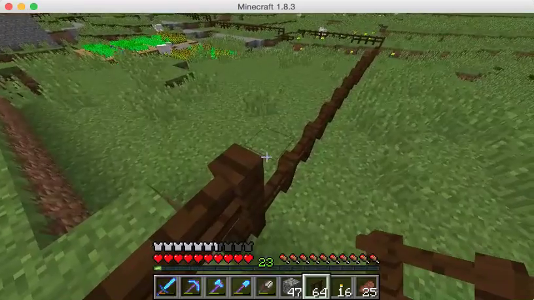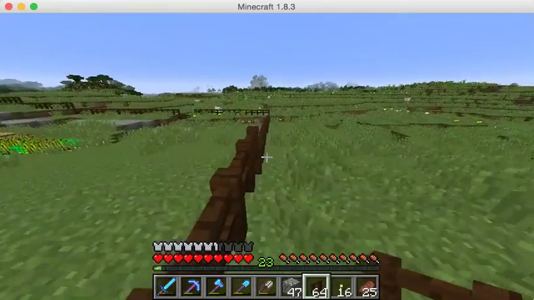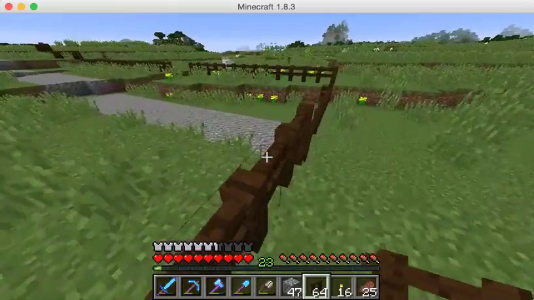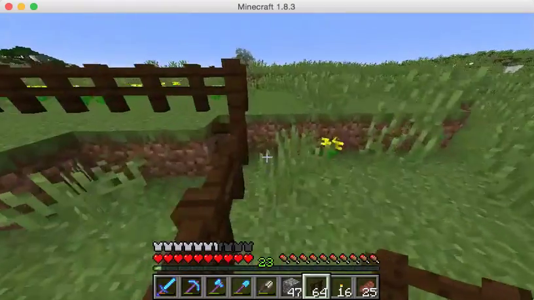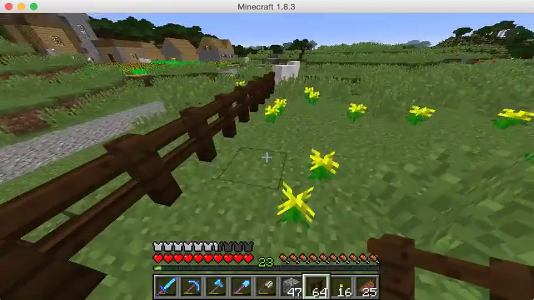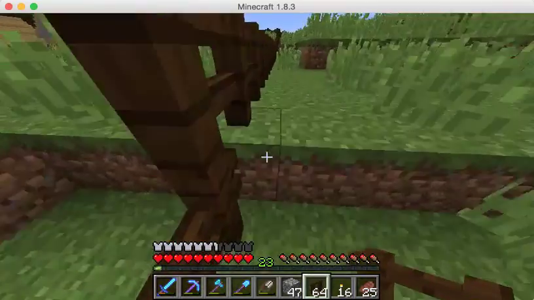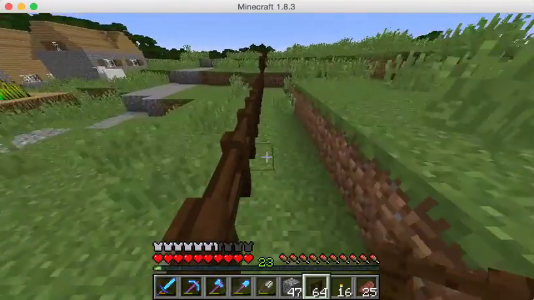So we want to make sure if we can walk in from anywhere, see where these drop off, then zombies can walk in. So we want to make sure it's not like that. So let's see if we find anywhere. Oh, that's good. We're going to walk around this